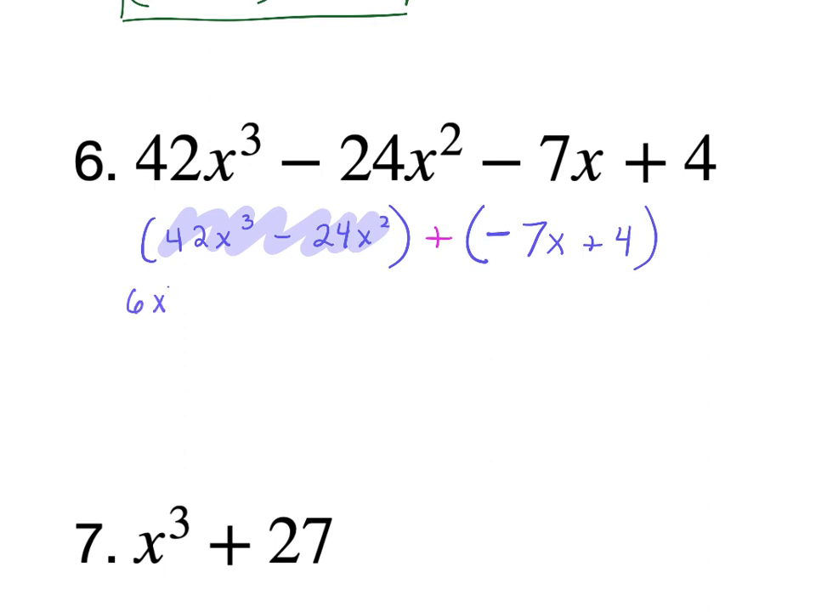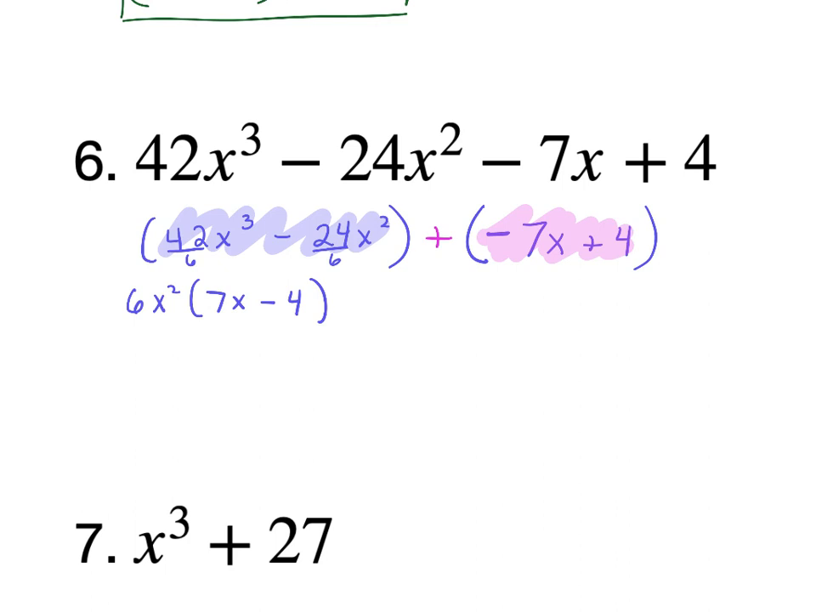And they both have an x squared in them at least. So 42 divided by 6 is 7, and I took away 2 x's. And 24 divided by 6 is 4, and I took away both the x's. In the second pair here,